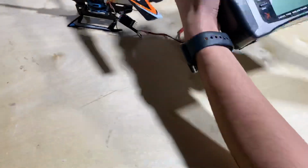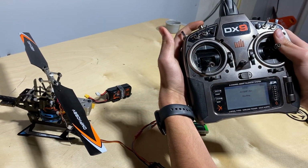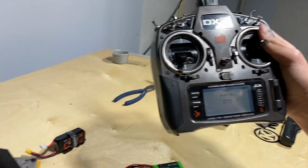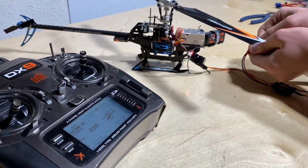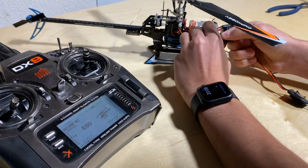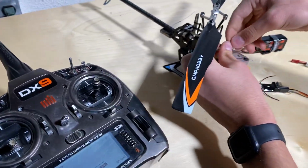So what I'm going to do is bind it to this model. Binding. DSMX 11. All right, so that's good. The satellite is solid. So now I can go ahead and unplug this battery like so. Now that this satellite is bound to this model on the radio, I can go ahead and plug it into the unit